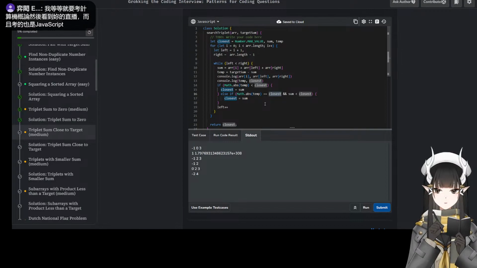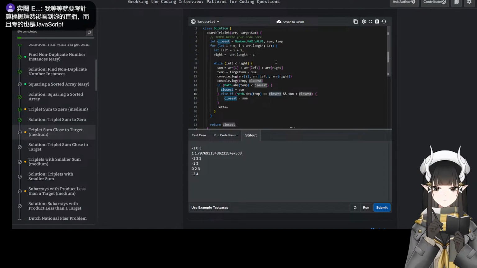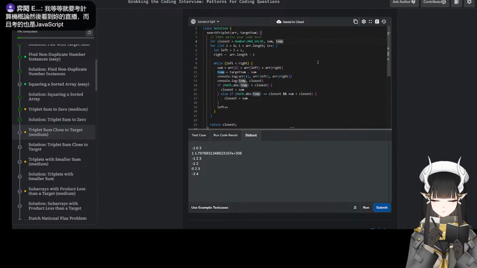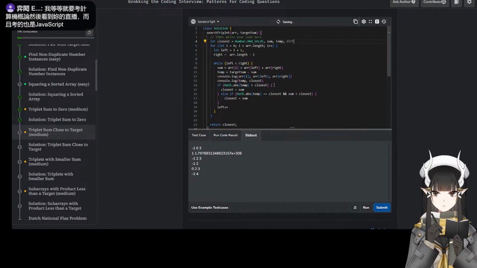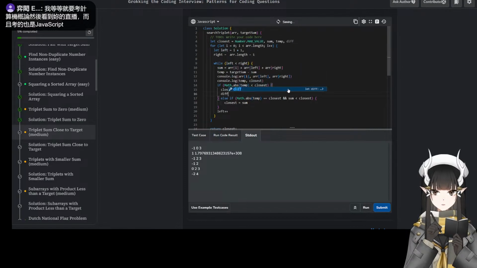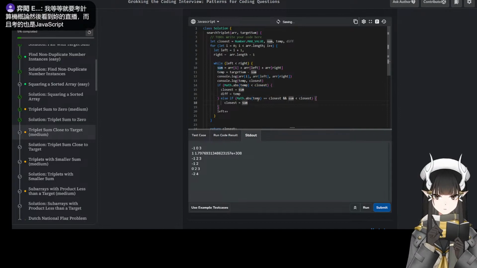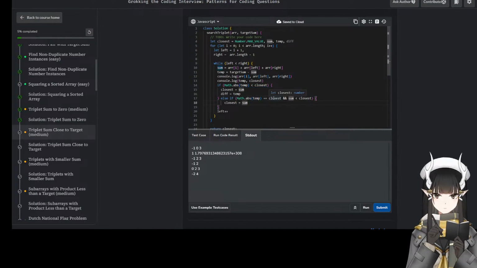If the difference, oh, that's why. So I will set a diff equal to temp. So if the current temp